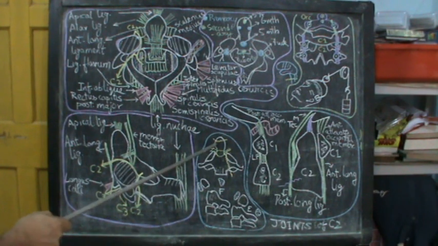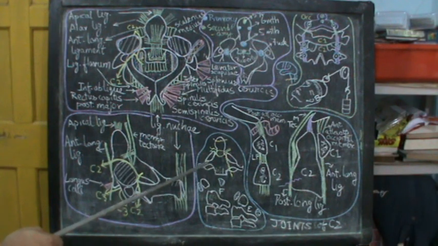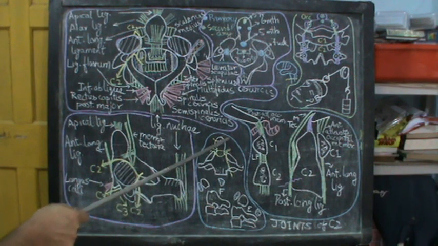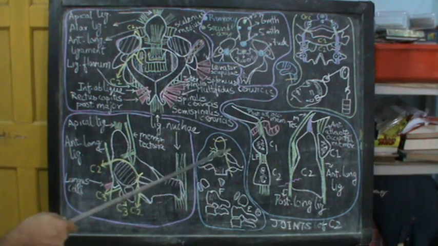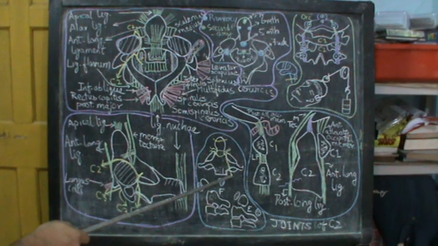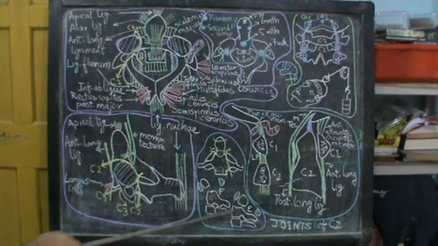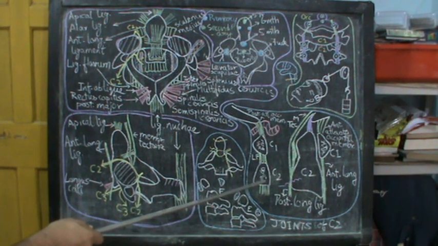Fractures of the axis. Now you can see that the axis might be fractured in a hyperextension injury or a hyperflexion injury or a vertical loading injury when you are falling to the ground, and the fractures may be like this: slicing of the tip, going through the base, taking a little bit of the body, or obliquely through the pedicles. And here you can see this is an injury when the neck is suddenly flexed in front, and this is an injury when there is sudden hyperextension of the neck.